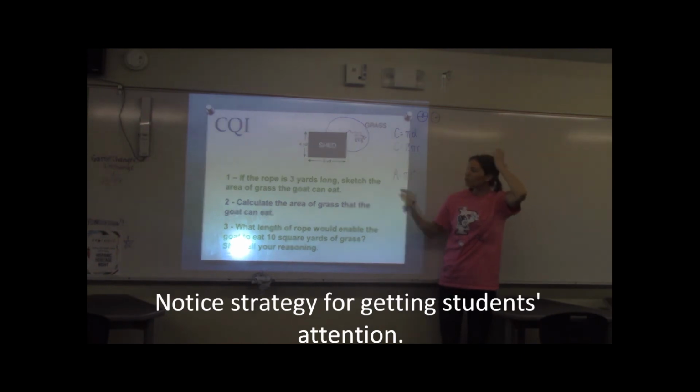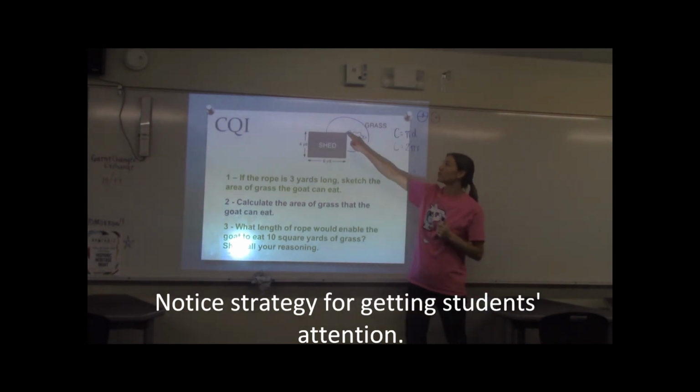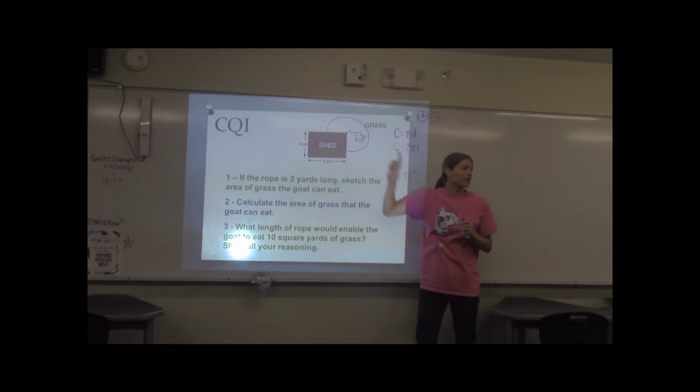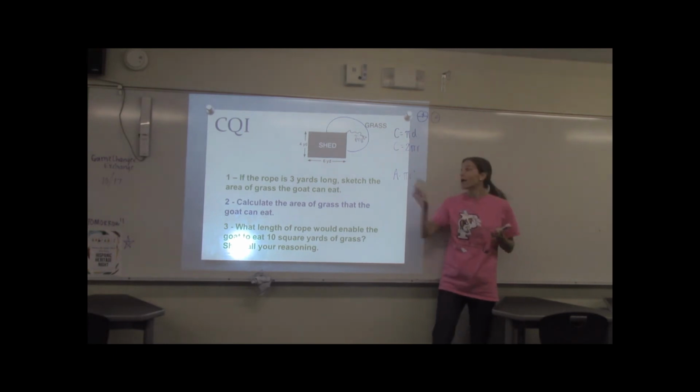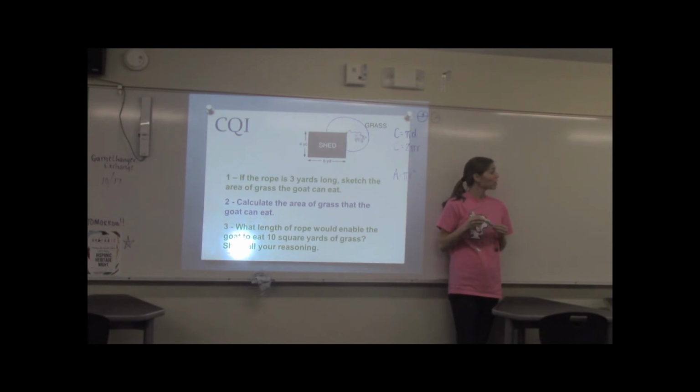All right, so it looks like most groups are moving along. We determined what shape is going to make the area that he can eat. What shape are we looking at? A circular shape, okay? And why, again, Owen, can you explain to us why it's not a square? Because for a completely equal square, it's about a 0.5 difference between the length and the